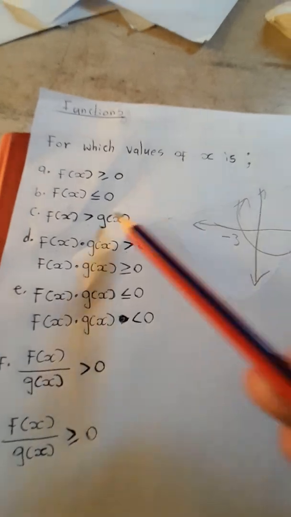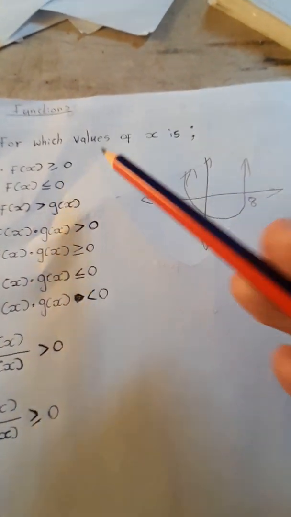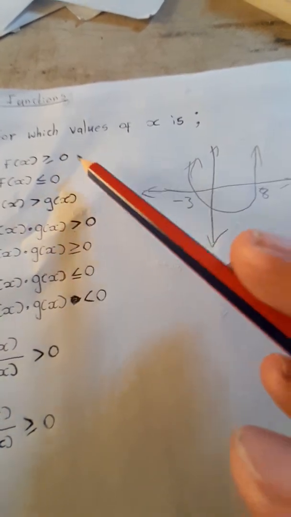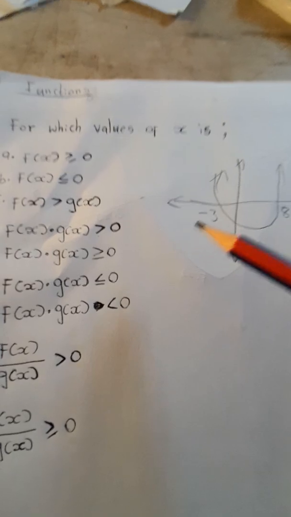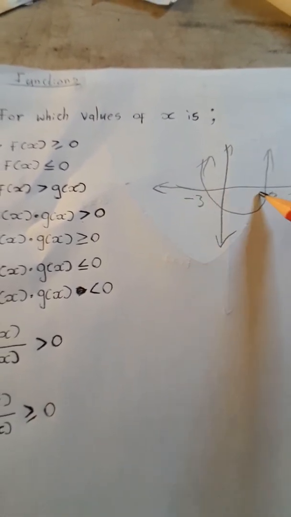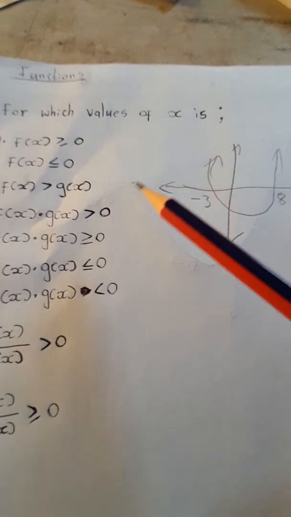We're just pretending, let's say the point here is 8, and let's say the point here is -3 and 0. And they ask you, for which values of x is f of x lying above 0 or is equal to 0? We know that f of x is equal to 0 at -3 and 8, and it is only